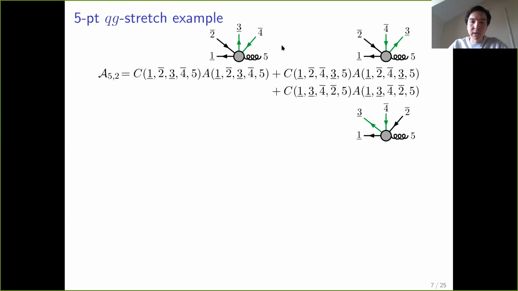And I want to present you a so-called quark-gluon stretch, meaning that I want to fix 1 and 5 to be next to each other. So the permutations of 2, 3, and 4 that I am allowed to have, there must be 3 of them,